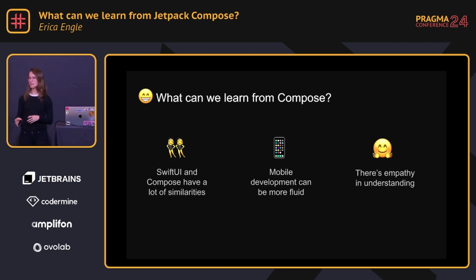I also think there's a lot of empathy and understanding where everybody's coming from. Maybe you have a teammate that goes on a trip and you can help review the code for that project. Maybe you can help that designer who wants to make an animation for your app get involved with SwiftUI so they can start to tweak things, and you can be right there with them. There's a lot of aspects of how we can come together and break some of those barriers for people to come into mobile development. So I think there's a lot of ways that we can be mobile engineers and really take things forward from what we're learning from Compose and how SwiftUI is coming together.